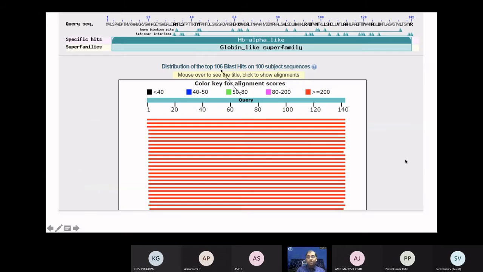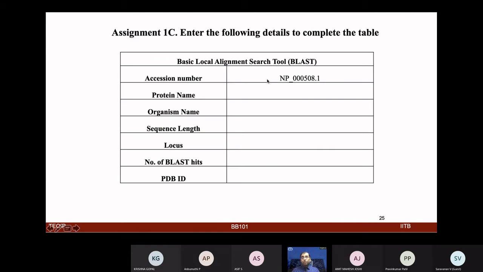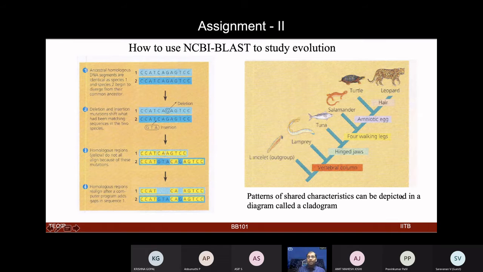So you are going to do this BLAST search, and now it shows you so many hits. When you look closely, it shows you the gene of interest you wanted to start with, or the protein of interest, hemoglobin alpha. Now you can fill in the detail of what that protein name comes from. We will give you some accession IDs, and you have to do this BLAST search and find out what that protein is. Again, these are very simple, basic exercises, but they will break that barrier for you to come forward and look into some of the specific search tools which are commonly used.